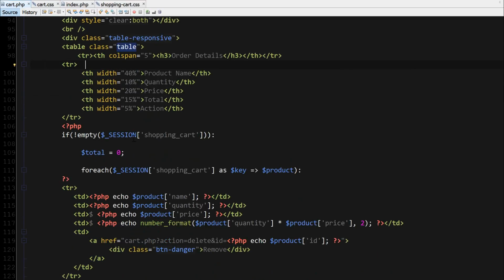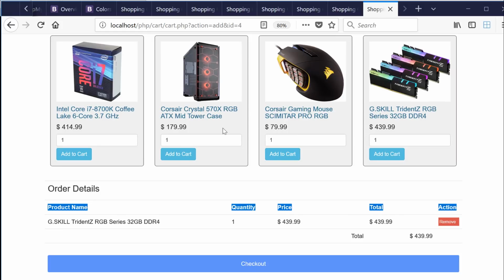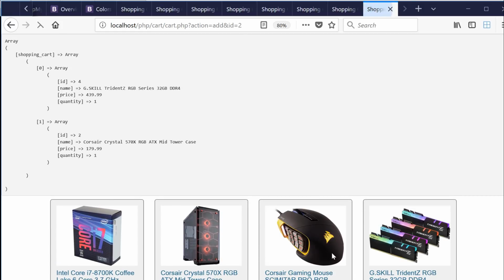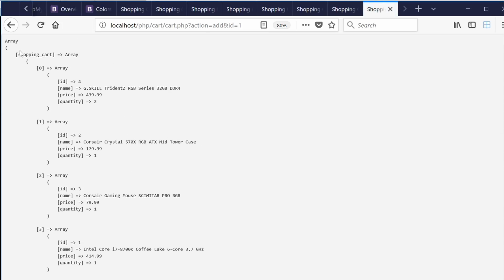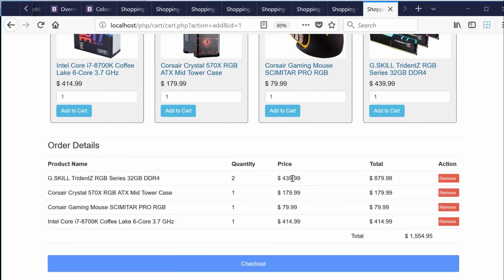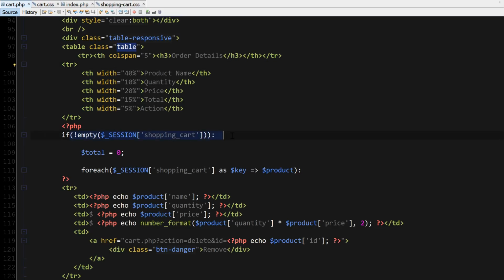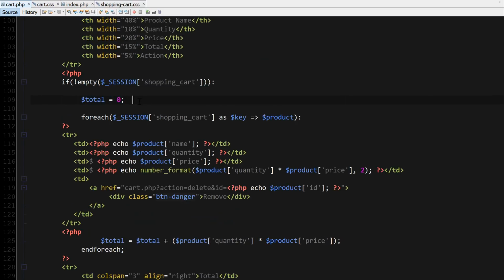And then we're looping through our session array, which is our array that we have created earlier in the video. So I'm going to add some more products to the session. So this is the shopping cart array that we're going to be looping through in order to display all this quantity, price, and total along with product name data. Okay, so we're looping through the array. We make sure that it's not empty. Then we're creating a new variable called total, which is what we're going to be using to calculate grand total of all the products. Then we're creating a foreach loop to loop through our shopping cart array,